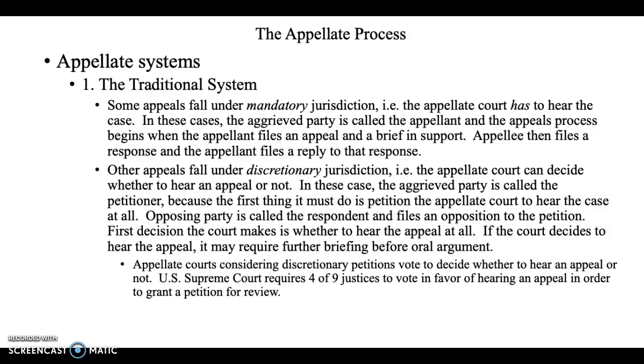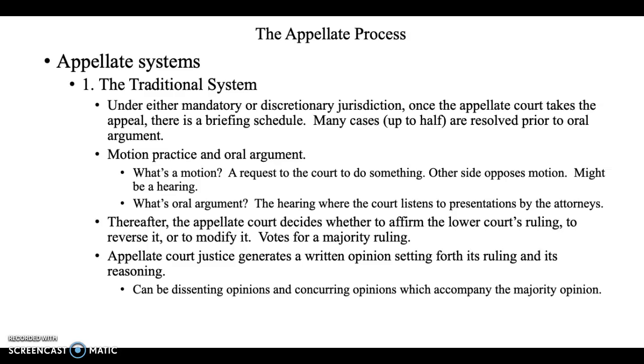That's why at the Supreme Court level, it'll say so-and-so petitioner and so-and-so respondent. Remember that only 4 out of the 9 Supreme Court justices have to vote in favor to hear an appeal in order to grant a petition for review. Under either of these kinds of jurisdiction,